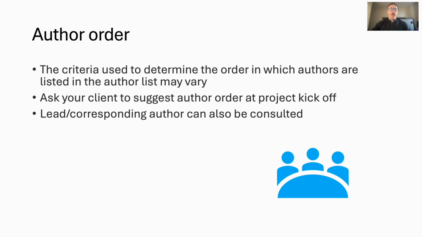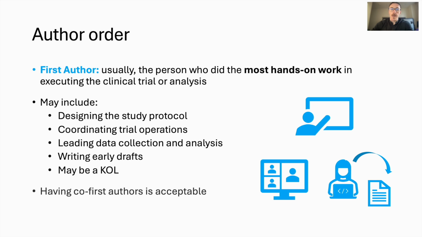So let's talk a little bit about the author order. The criteria used to determine the order of the authors in the byline or the author list may vary, but ultimately the order of the authors in this list should be collectively agreed upon by the author group and not by the journal editors. So the first author, again, these are not